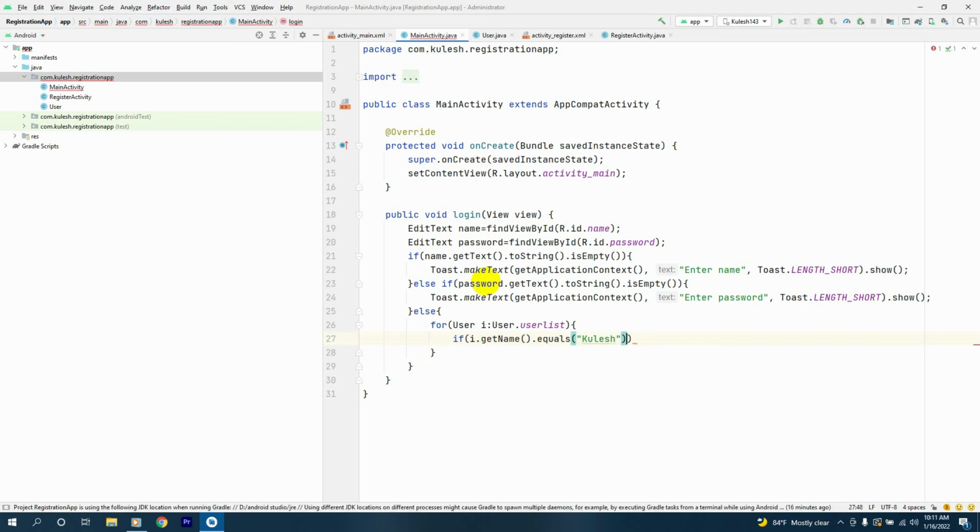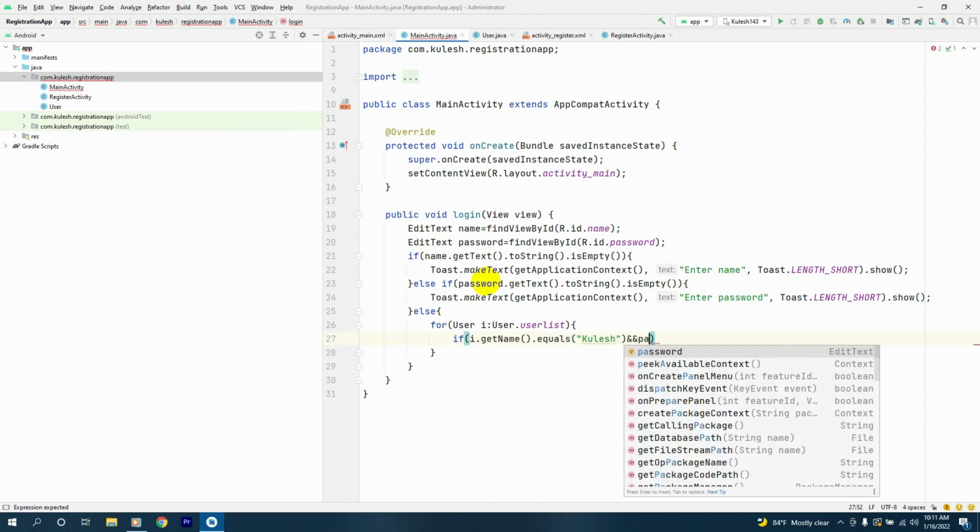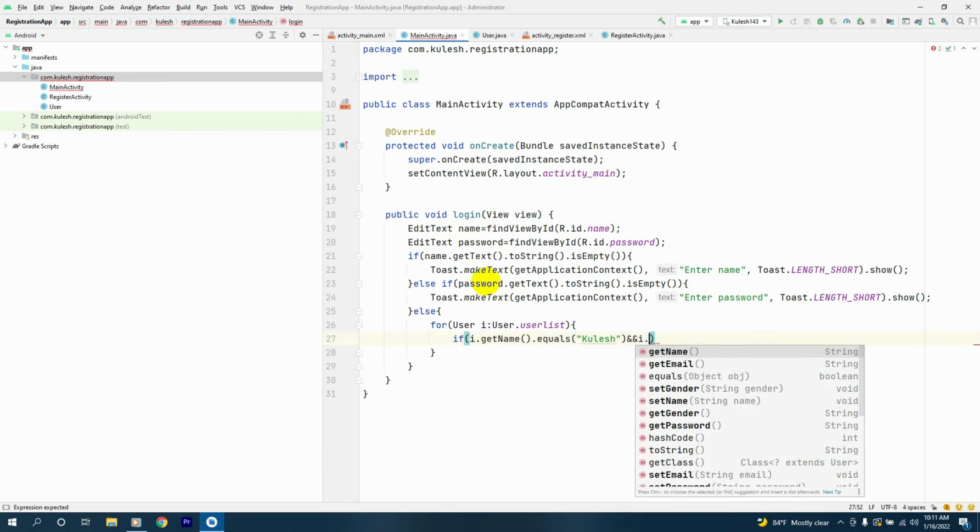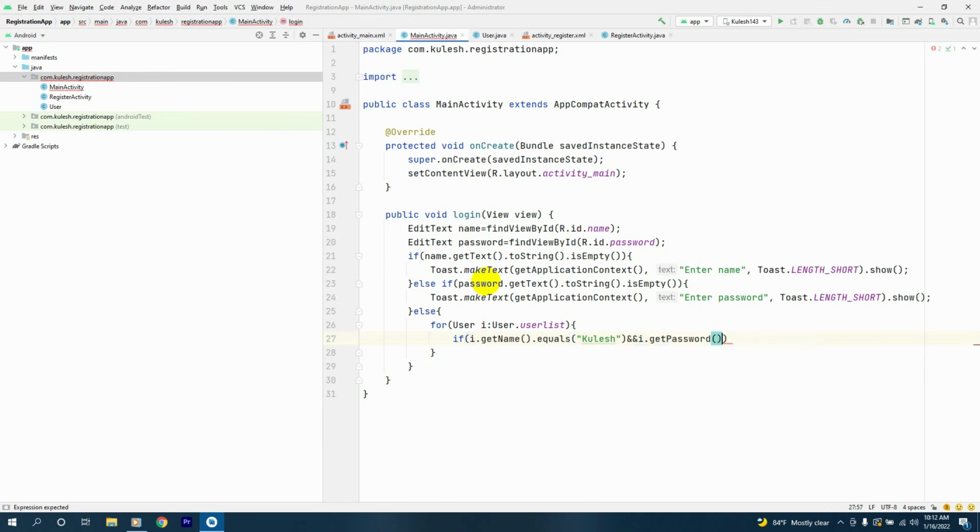This will be a static login, and password i dot get password dot equals 143, and if that's the case,